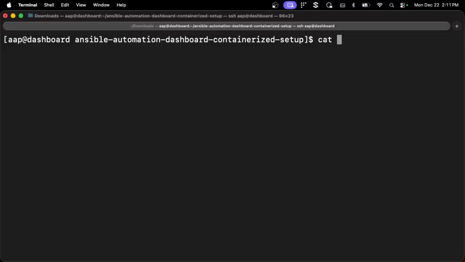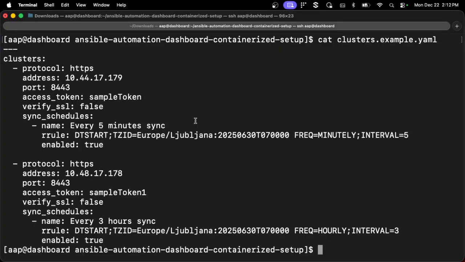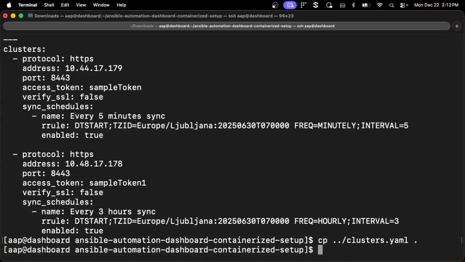Inside the installer, there was an example cluster inventory that exists. So this is basically what you'd set up to connect to your existing cluster or clusters to actually pull the data and have access to that ROI. But conveniently enough, I do already have a previous one that I've set up just to make my process easier. And if you notice in mine,